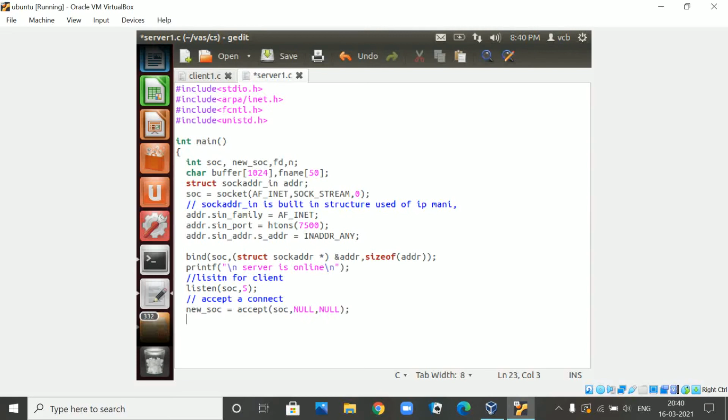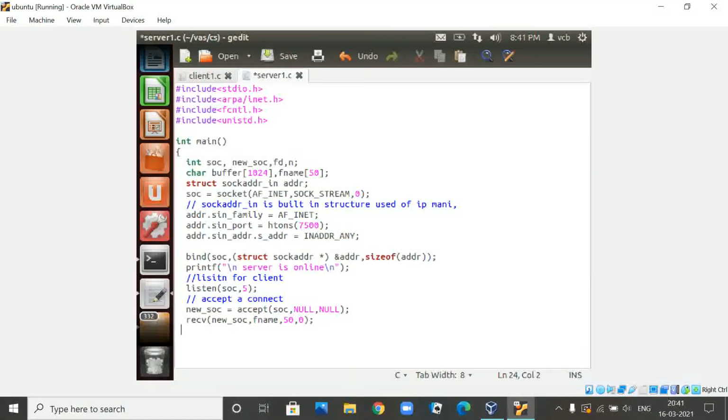To receive that file name, we are going to use a function called recv, RECV. Now what should be your socket? It is new SOC, comma, then the buffer for the file name the client is going to send, and let us say 50 as the maximum size of the file name, and the 4th argument you give as 0.